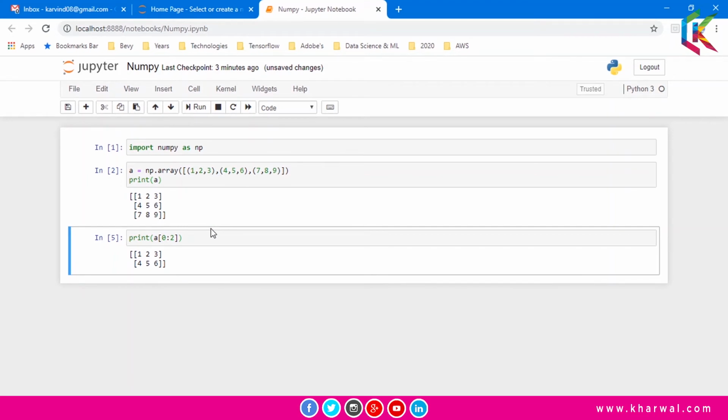And now guys, if you want to access columns from this two-dimensional array, we can do this by using a comma and colon. So let's do this.